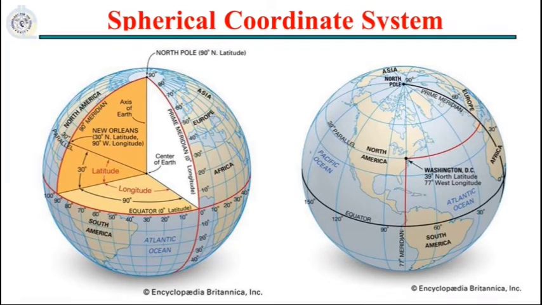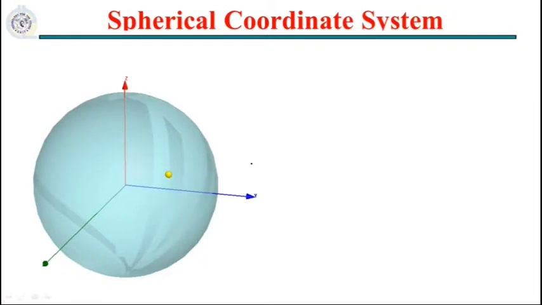So how do we term the longitudes and the latitudes in our mathematical terms? How do we formulate them? We'll watch that now. So let's consider a sphere, and on the sphere let's consider a point P. This point P is at some radius r from the center of the sphere, which is our origin.